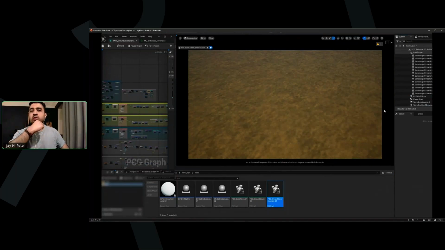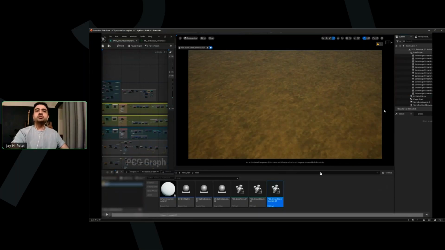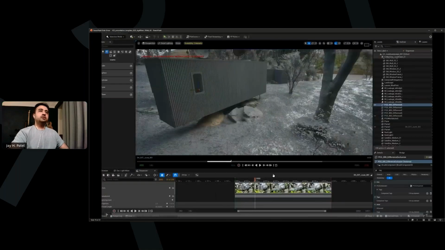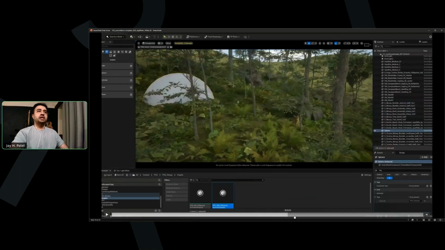It's all based on actual DEM data, which means I took LiDAR scans of some environments and created that in Unreal and used this PCG system to set up the landscape.